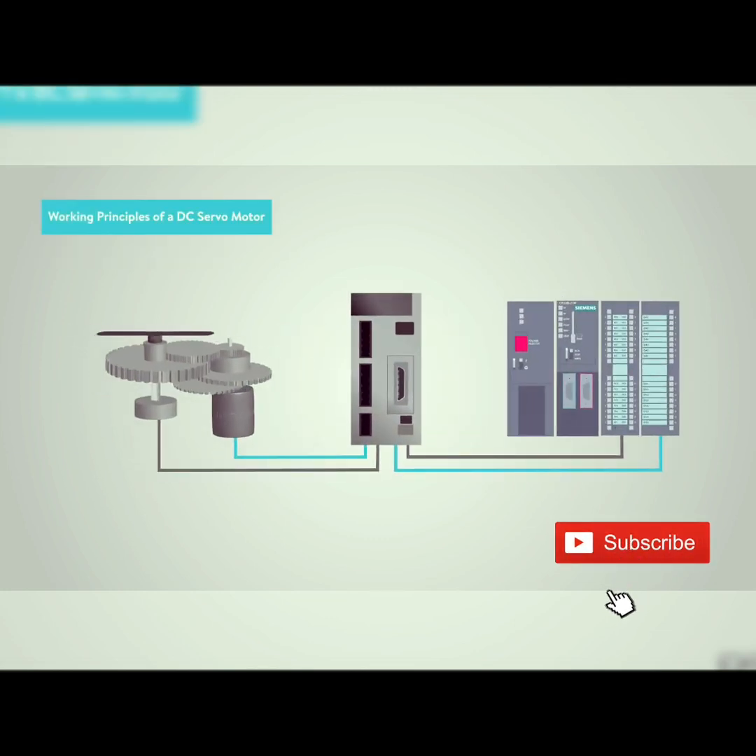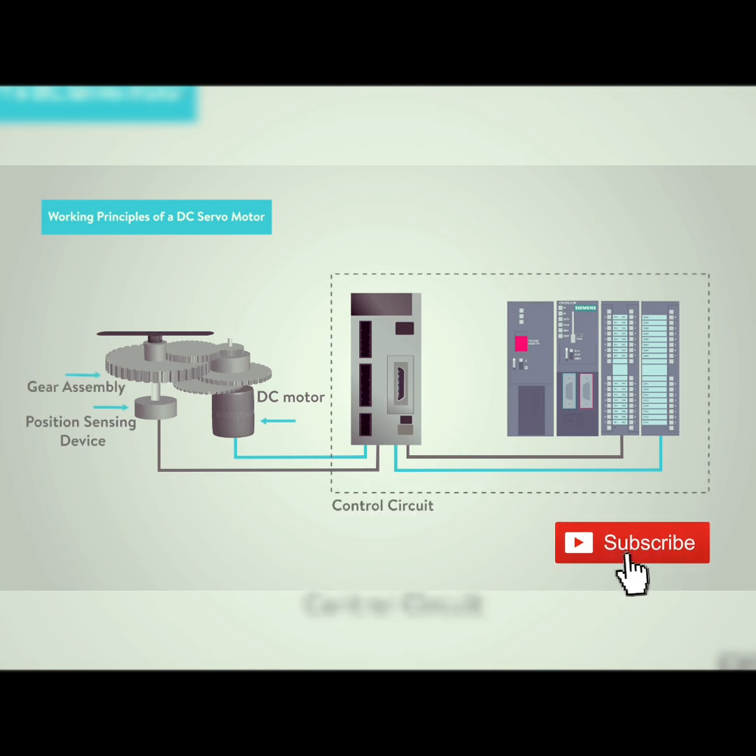The working principles of a DC servo motor are the construction of four major components: a DC motor, a position sensing device, a gear assembly, and control circuit. The desired speed of the DC motor is based on the voltage applied. In order to control the motor speed, a potentiometer produces a voltage which is applied as one of the inputs